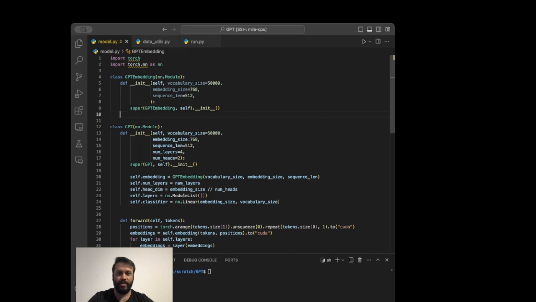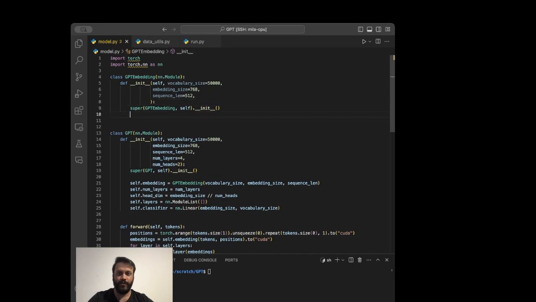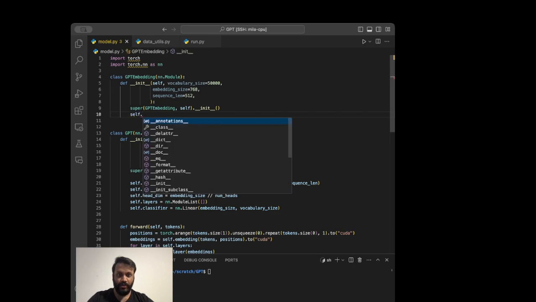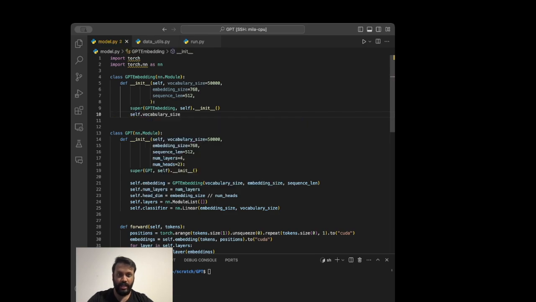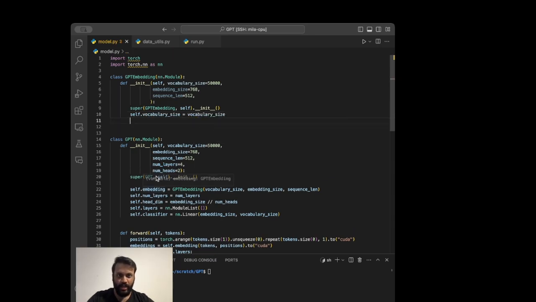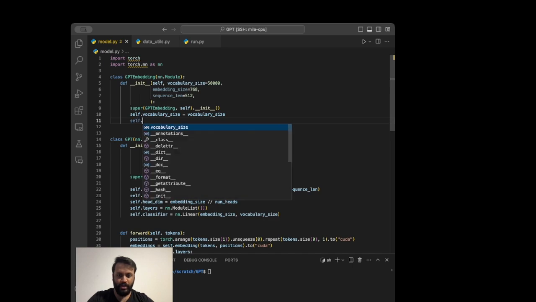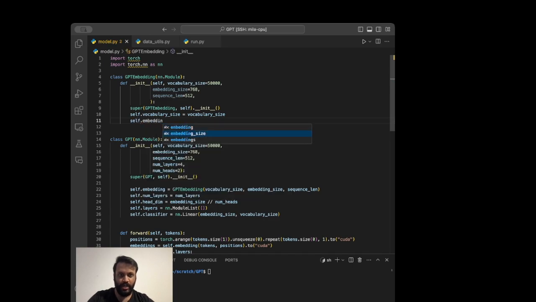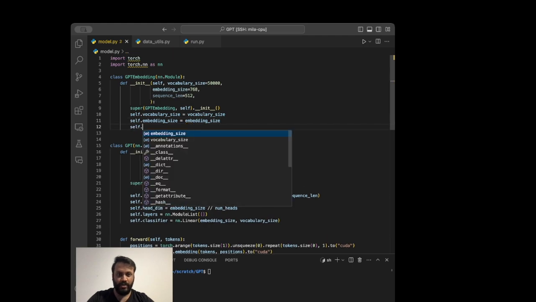I'll remove the pass. This is fine. Again, self.vocabulary_size is vocabulary_size, and self.embedding_size is equal to embedding_size, and